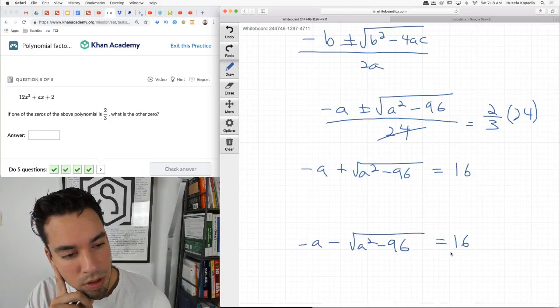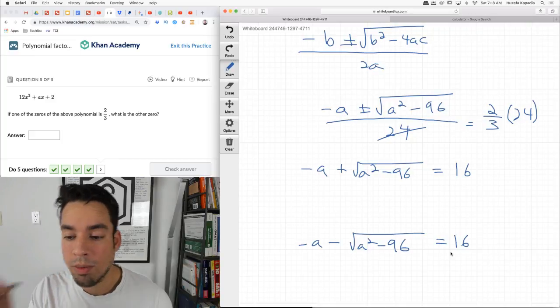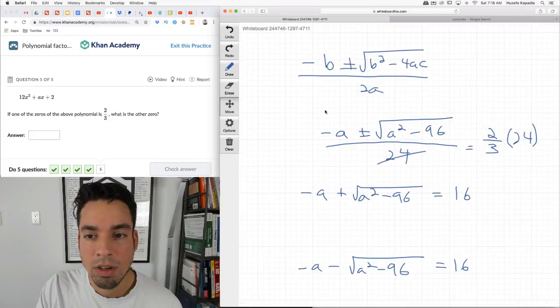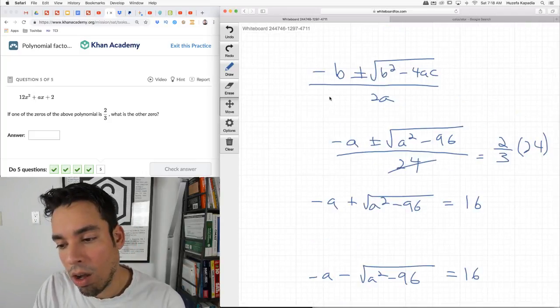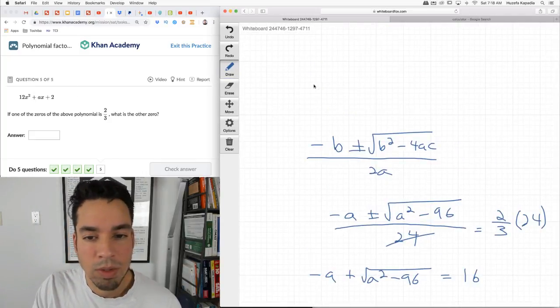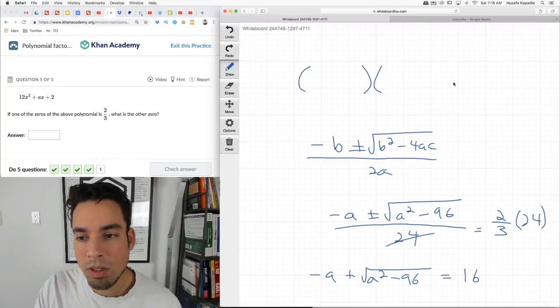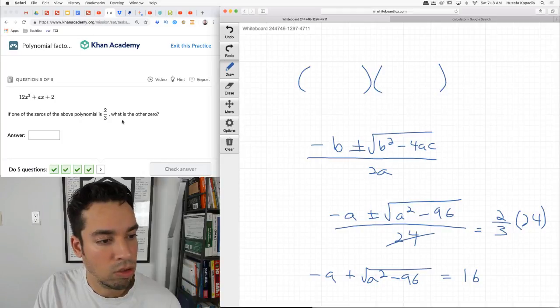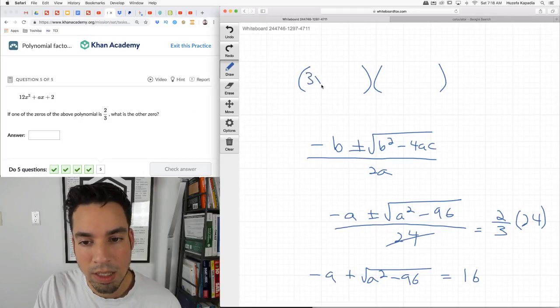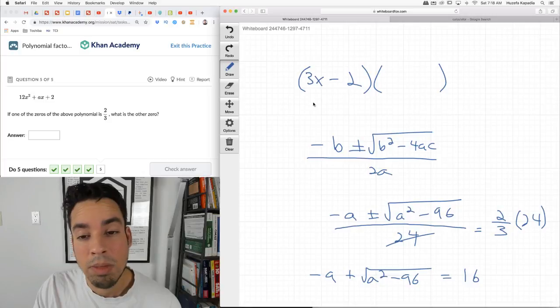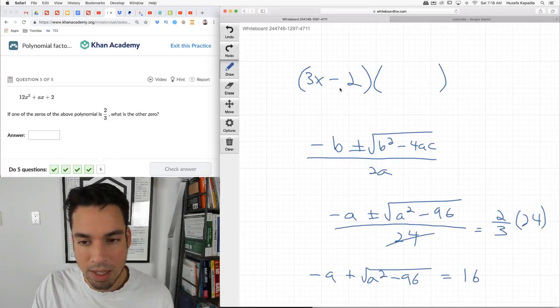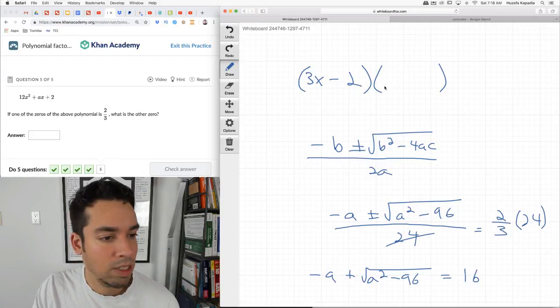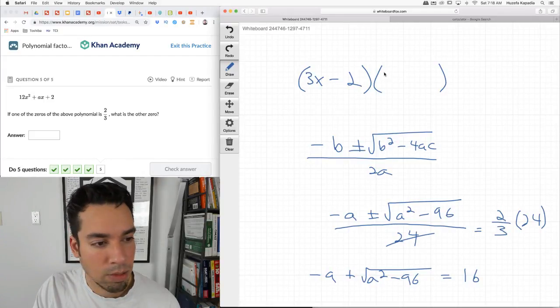2/3. Oh, wait a minute. There is a better way. I just thought of it, but I'll come back and finish that in a second. I just realized if one of the zeros is 2/3, that means one of these factors has to be 3x minus 2. Because if I plug 2/3 into that, I get 0. Which means that I can factor this pretty easily, and the other one has to be